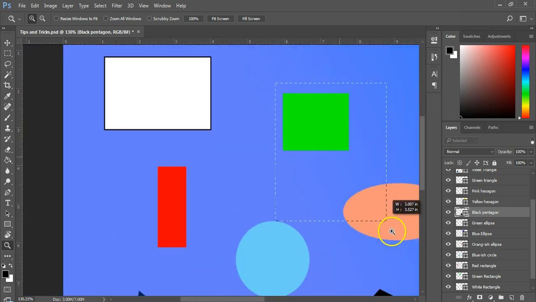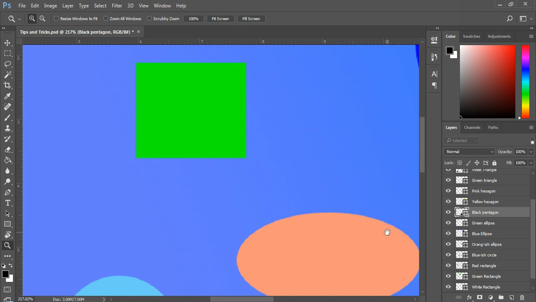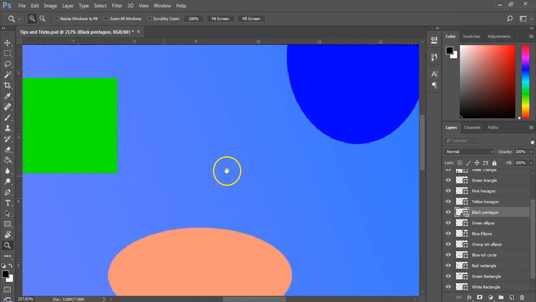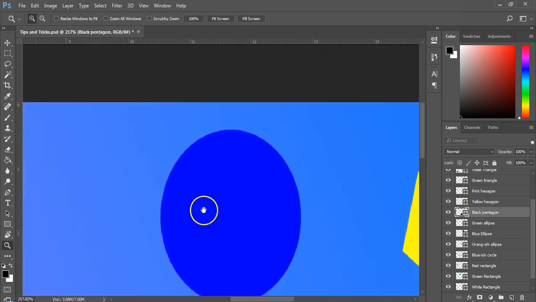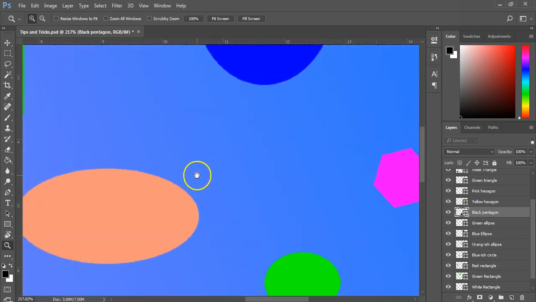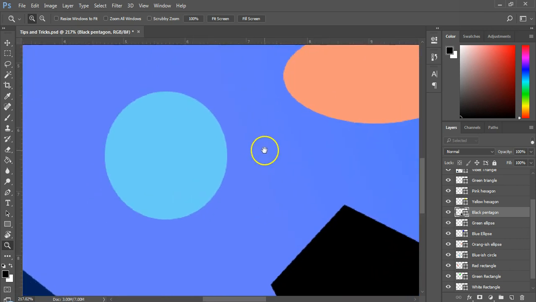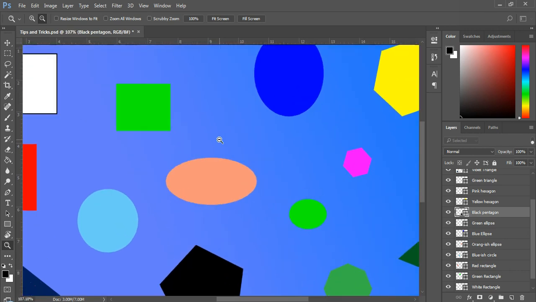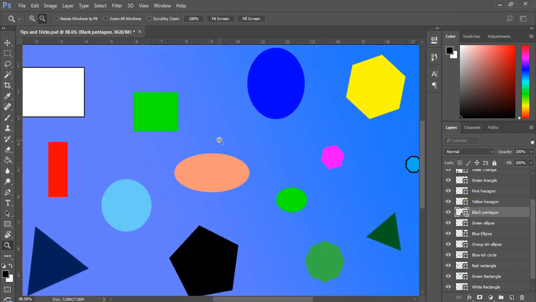While zoomed in, you can pan around the canvas by holding spacebar and click and drag the canvas. You can see that the mouse cursor has changed to a tiny hand which will grab and move your canvas at your will. And finally, simply hold Alt and click to zoom out. Now this was from the toolbar. You can also zoom in by holding Alt on the keyboard and scrolling up with your mouse. Scroll down with Alt pressed and you will zoom out of the canvas.